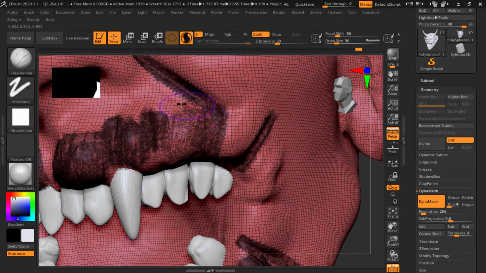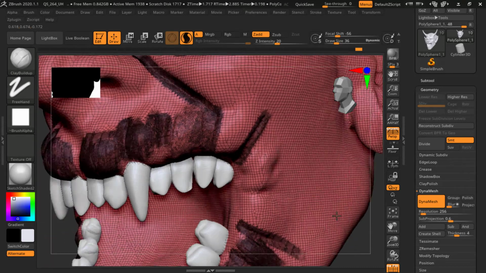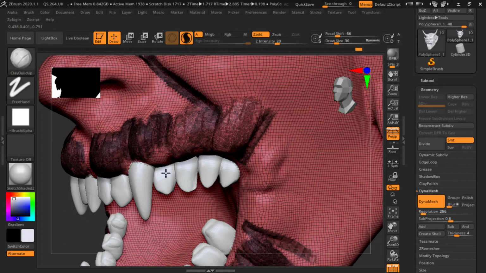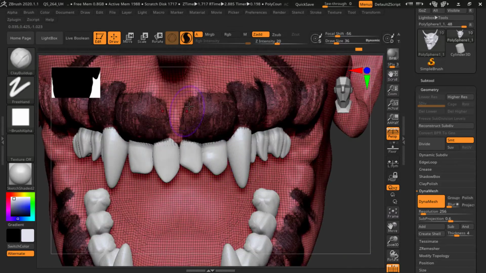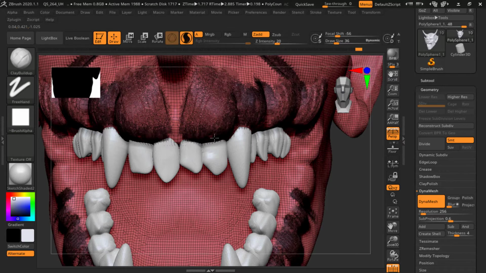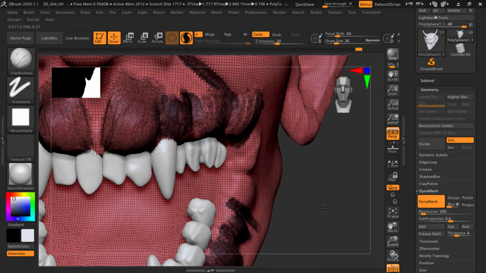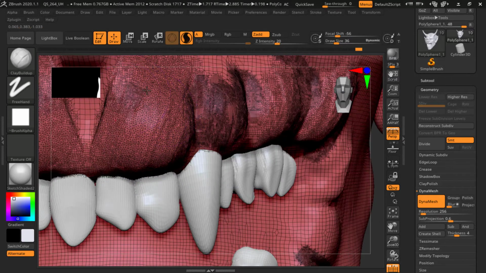So it is always good to remain inside your polygon limit. So this tool helps you to stay inside your polygon limit. Like you can optimize your model by adding the details wherever it is needed, instead of increasing the polygons overall